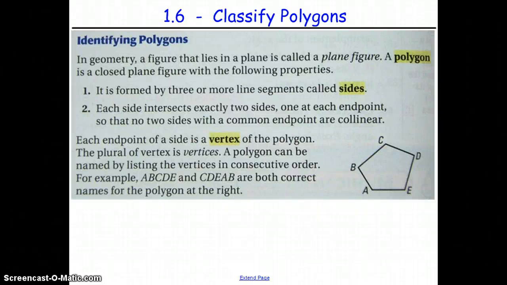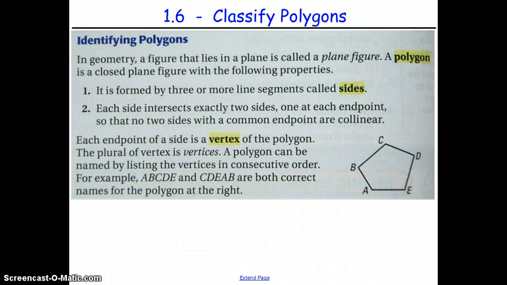Hello everybody, this is the notes for section 1.6 for geometry. What we're talking about here is polygons, and so first thing we got to do is define what a polygon is. Basically, triangles, rectangles, squares, pentagons, octagons. Those are polygons. Those are common examples of polygons. But just some of the terminology, some of the little fine details about it,